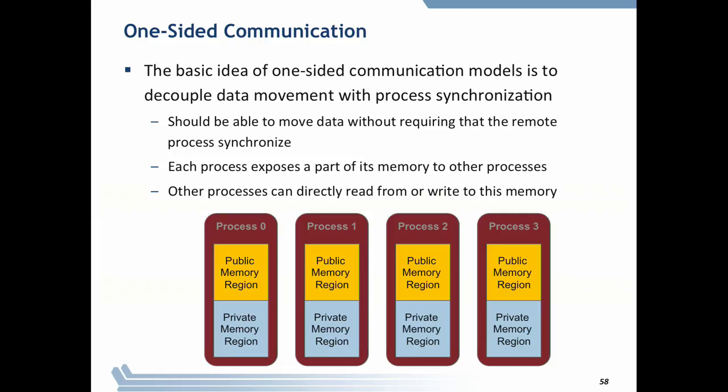In one-sided, one process decides the totality, the completeness of the memory motion. So for example, it might decide I'm going to take some data from my memory and put it into some other process's memory. So I may decide that I have some memory that's accessible to other processes and some memory